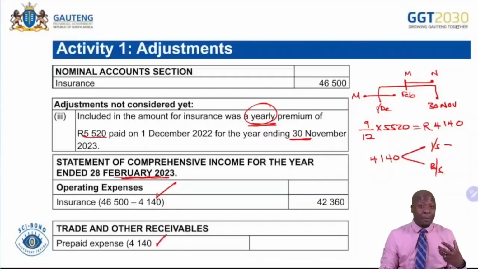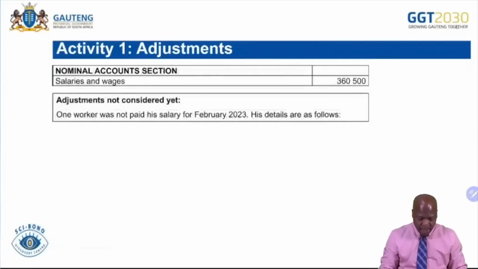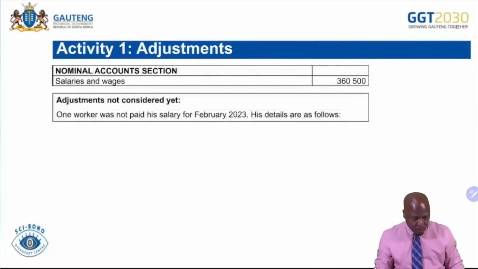You have to be able to do the adjustments that affect both the income statement and the balance sheet. This is what we have just done now. Okay, are you ready for the next adjustment? Let's look at the next adjustment, and it reads,